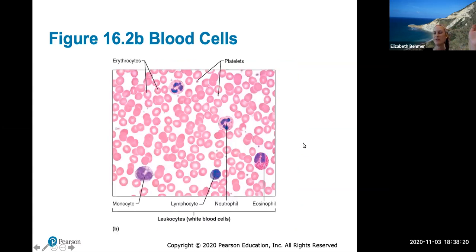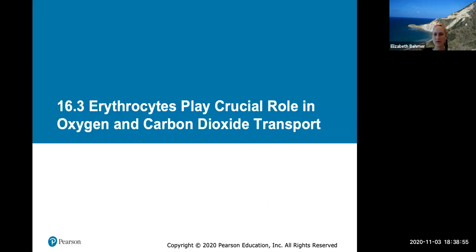And this is a look at a blood smear. I'm sure you guys have seen this in your histology views of anatomy. Erythrocytes make up the majority of the histology blood smear, and then the white blood cells will all be the different stained ones, depending on what stain is used. And you can see some of these leukocytes have granules in them, which are tiny little specks, and others do not. Some of them have a bilobed nucleus or a multi-lobed nucleus, and we'll go over the different types of leukocytes and what they do. Okay, then we get to talk about erythrocytes.